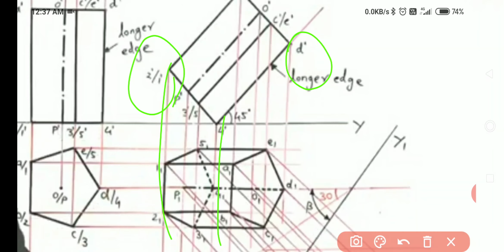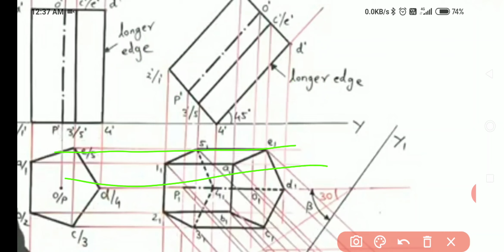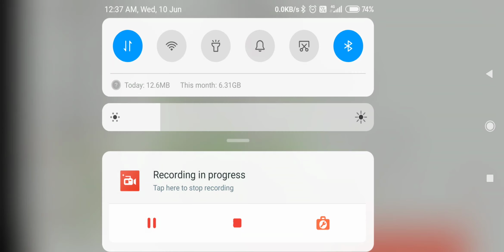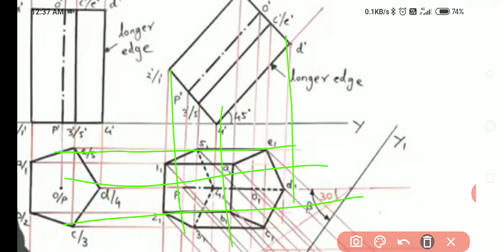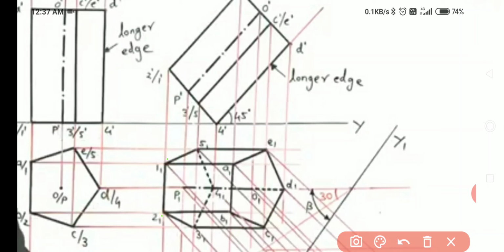So draw all these projection lines below this, and also transfer all these projection lines from this side and this side. Then join all these. Then the intersection of the lines gives you points A1, B1, C1, D1, E1,